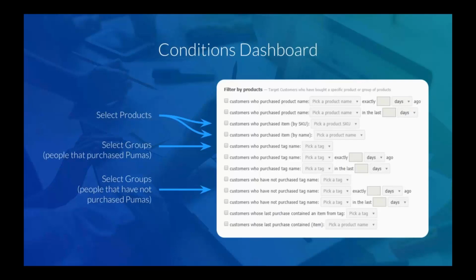Once you click into the marketing section of the dashboard, the sky's the limit, or your mind is pretty much, but you will be able to select either SMS or email marketing. From there, you're going to have the option to set your own targeting conditions based on shopper behavior and transaction history. So you can select to target shoppers based on a specific product purchase, a specific brand, their buying cycles, which location they visited, or you could select to target customers that have not purchased a specific product or brand.